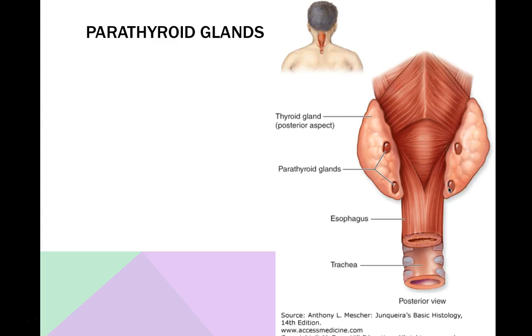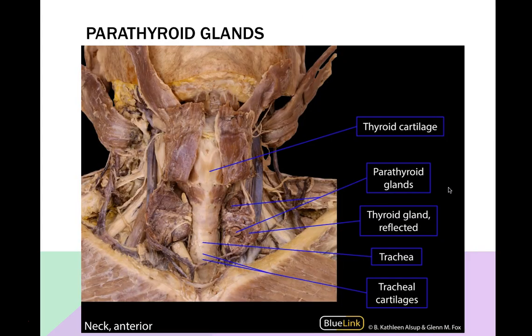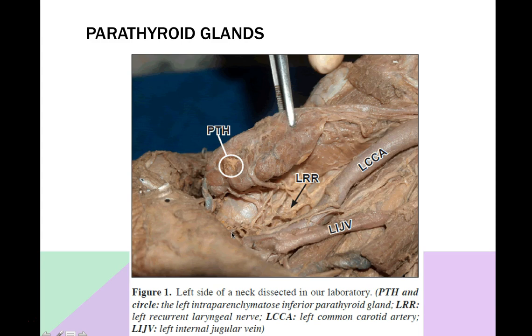We can have 4 up to 8 parathyroid glands. We'll see if we're lucky enough to see these in lab. Here is a view of what they could possibly look like. So they've cut the thyroid gland here, and you could see the parathyroid glands. These are quite large. They almost look like adenomas, but we'll see what we are lucky to see in the lab. For instance, this is an example of what a parathyroid gland can look like,